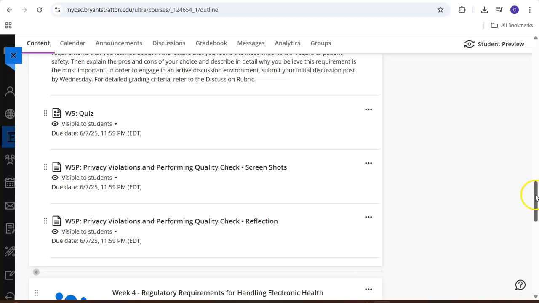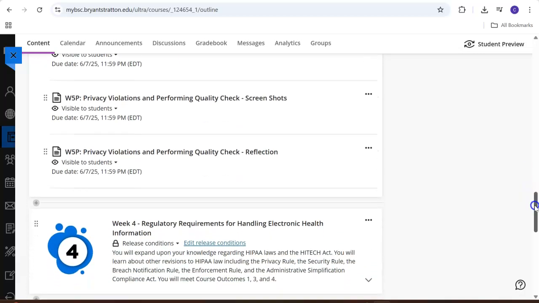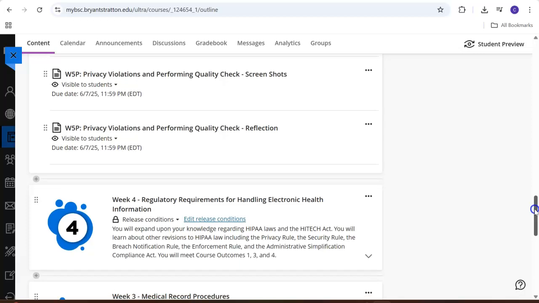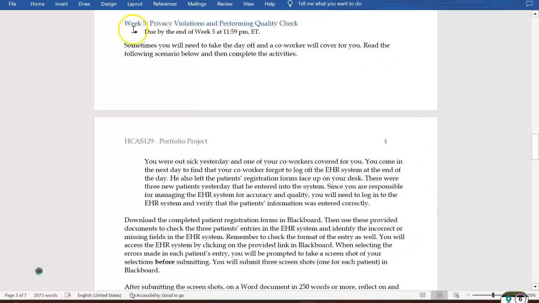All right? And this is our last week of our portfolio project using the simulation. So we have performing quality checks, the screenshots, and we have a reflection. So what I want to do is pull up our directions for this week. So here is week 5, and remember, our directions can be found in the week 1 folder. Okay? So hopefully you printed those up. So week 5,